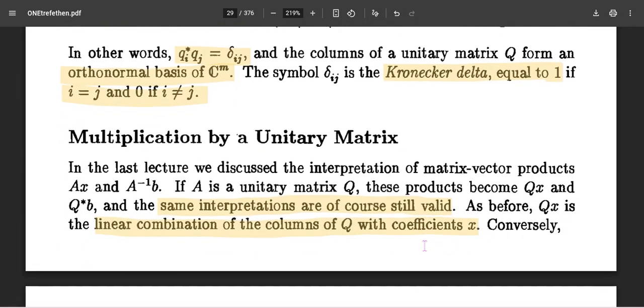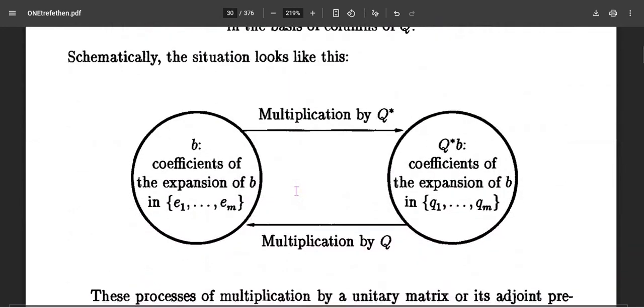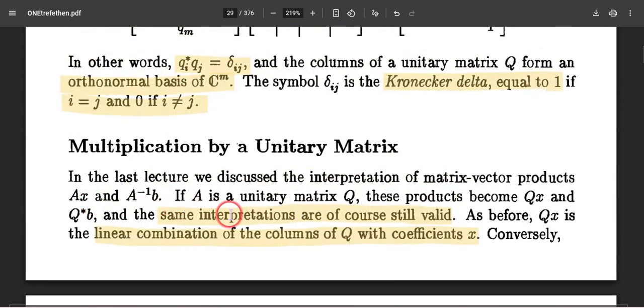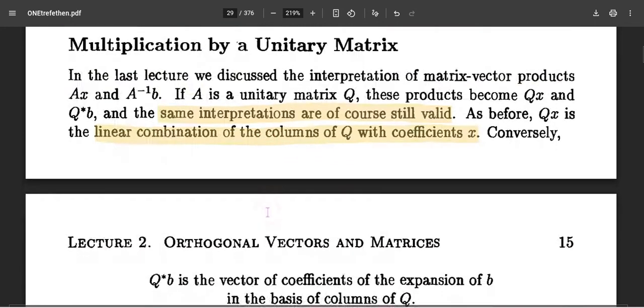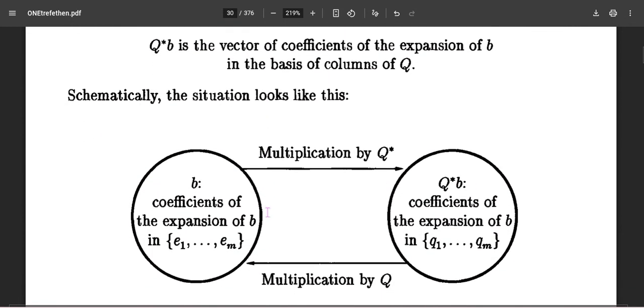The same interpretation holds here: A inverse b is a coefficient of expansion in terms of the columns. But instead of A inverse we can use A transpose, because computing an inverse is a computationally prohibitive operation. This concept is going to help a lot later in defining different algorithms like the QR algorithm